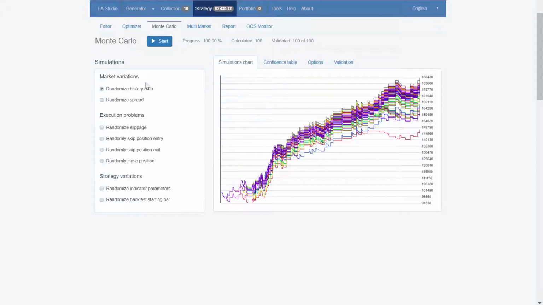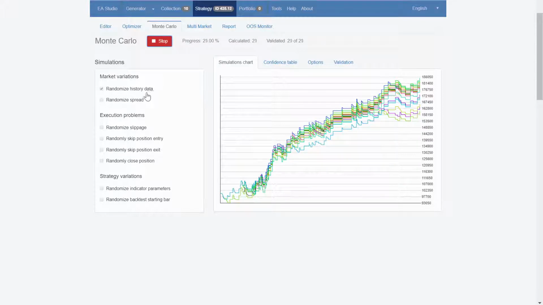So for example, if I click start on the randomized history data test, what it's doing right now is running 100 different backtest simulations. There's 100 different backtests with different history data conditions, and it's showing me how my strategy is holding up, given all those different scenarios. So this in turn gives me a lot of insight about if my strategy is sensitive to history data changes